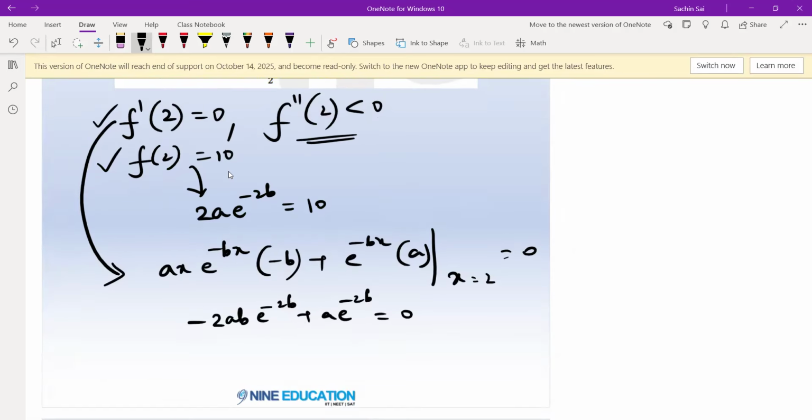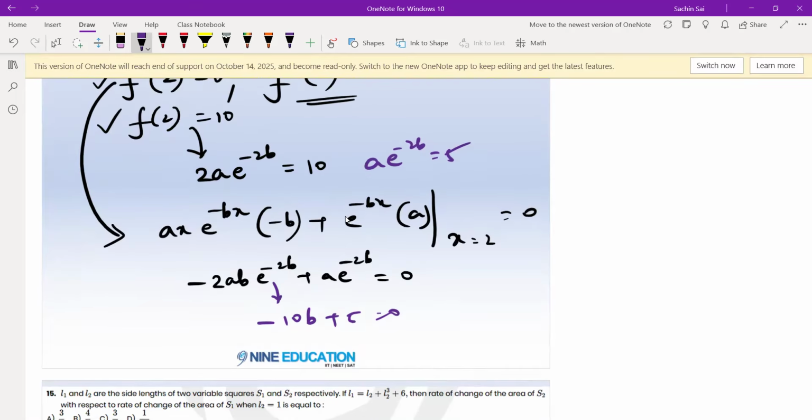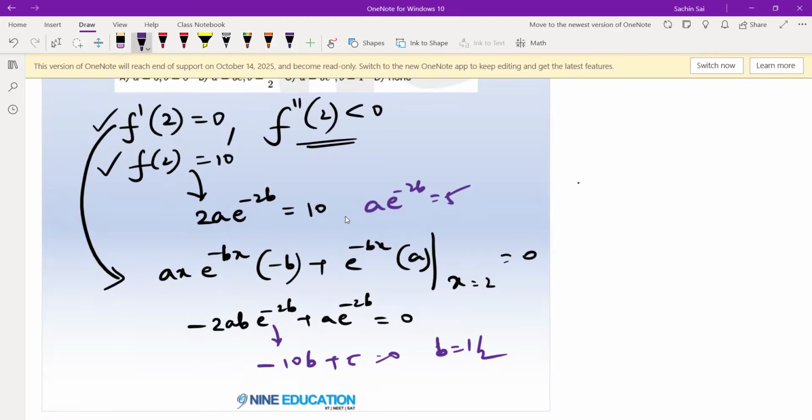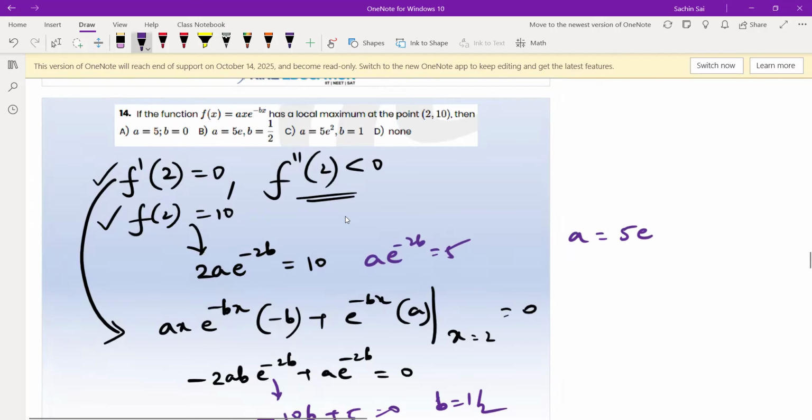So here I can say that a e power minus 2b is 5. If I substitute that here, I get minus 10b plus 5 equals 0. So b is 1 by 2. And if b is 1 by 2, then a will be 5e, right? So a equals 5e, b equals 1 by 2